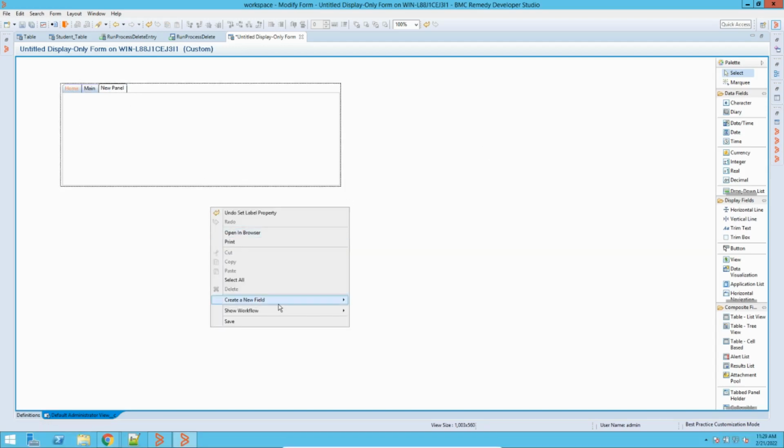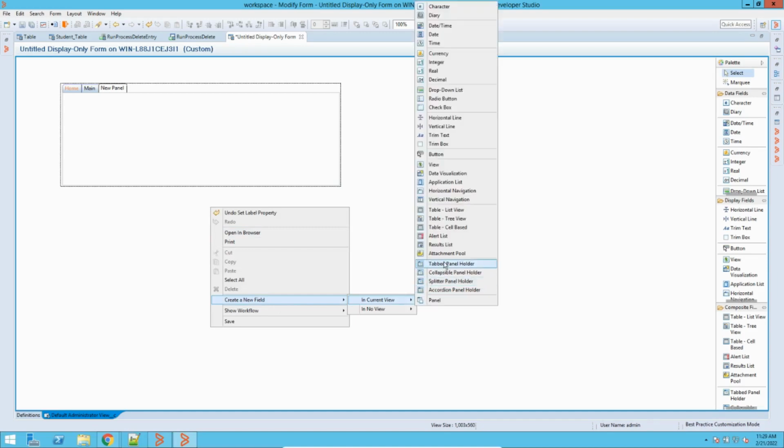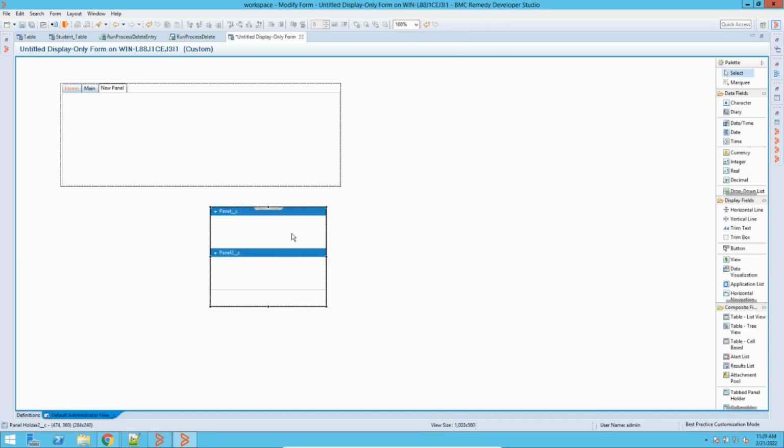Now let me go again to the current view, and we'll see this collapsible panel. You might have seen this in BMC Remedy. What we saw earlier was a horizontal panel, because it expands like this. Here this panel is vertical because it expands like this.